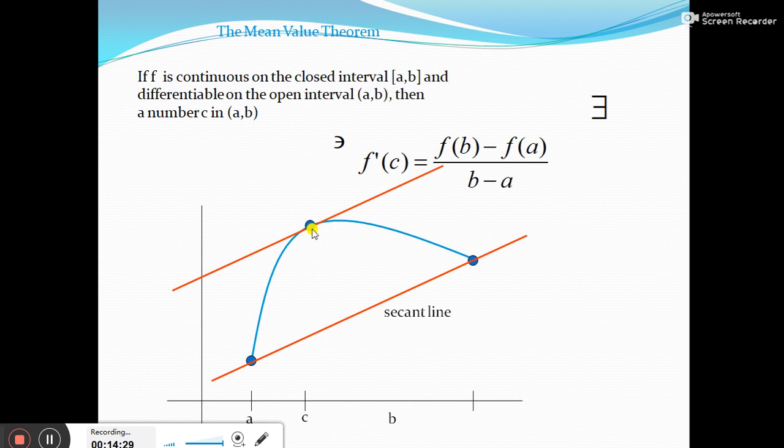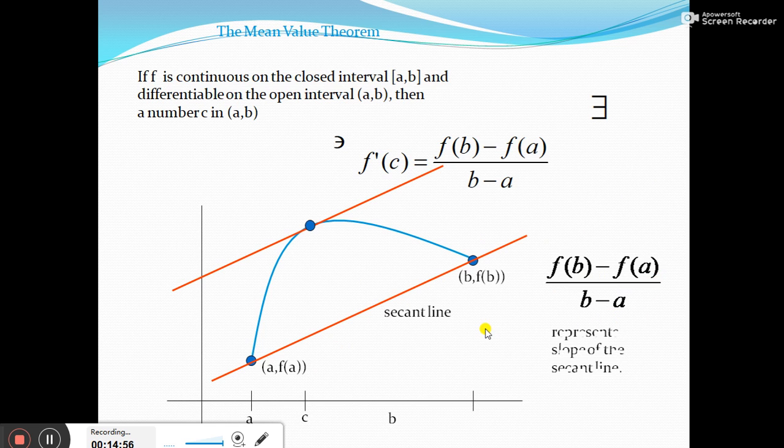This point where the tangent line touches is at x is equal to c, and this point A has coordinates (a, f(a)), and this point B has coordinates (b, f(b)), and (f(b) minus f(a)) upon (b minus a)